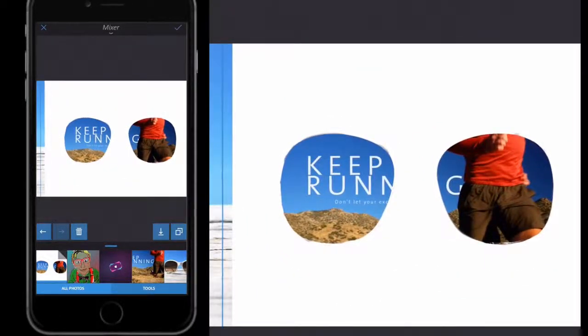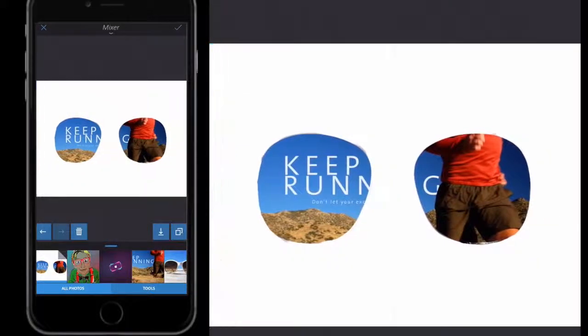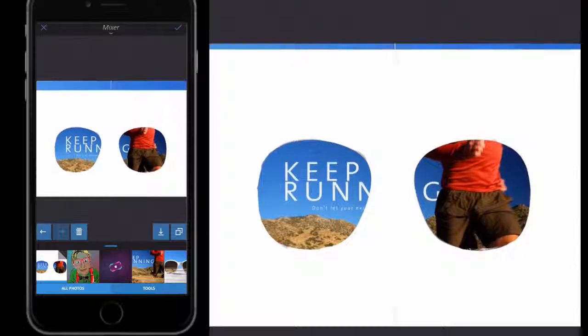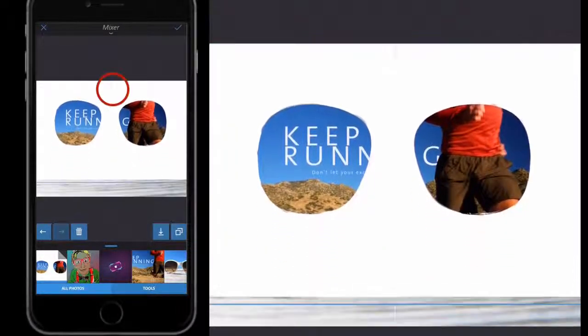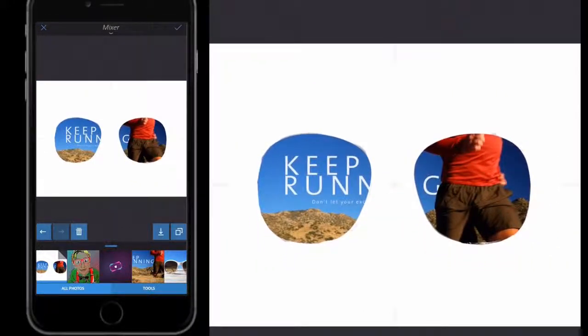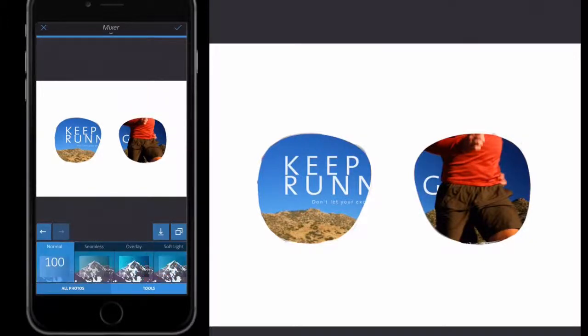Watch, it snaps into place to say that it's exactly the same size as the image below it, then all you have to do is move it to the left or the right. There are actually lines on the screen to say that it's centered up, but you can't see the lines because there's a white background. So once we're happy with the position, we're going to go to Tools, Blending, and then